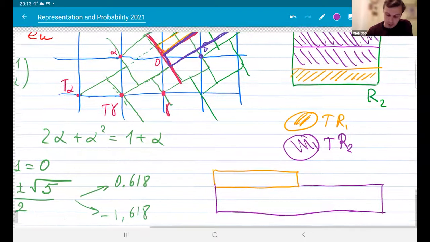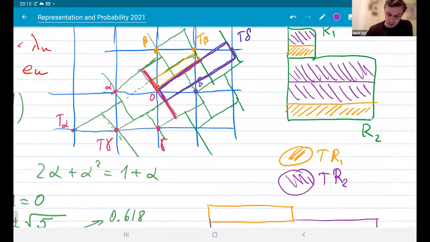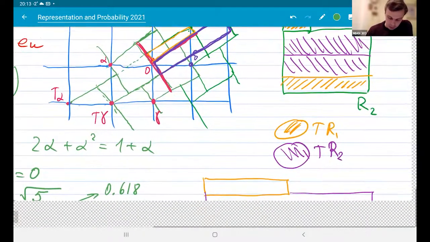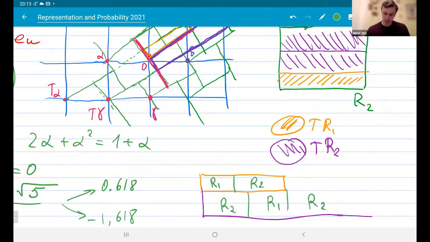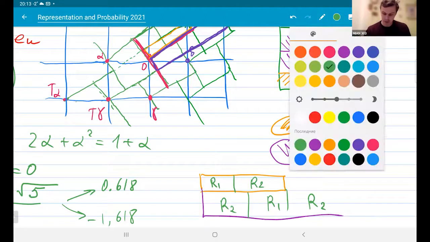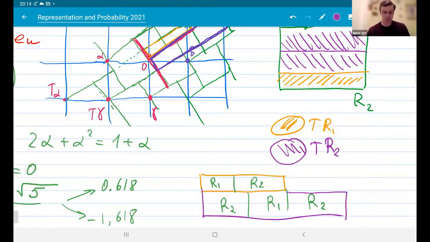И посмотреть теперь наоборот. Вот у меня есть этот длинный прямоугольник, и я могу посмотреть, что начало его – это кусок R1, а потом кусок R2. И наоборот, если я посмотрю на синий, то он будет вот такой. Здесь будет R2, здесь будет R1, а здесь будет снова R2. Ну, не очень получилось в масштабе. Вот как-то так. Вот она, картинка.